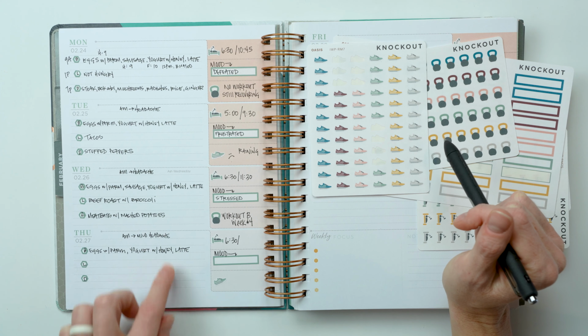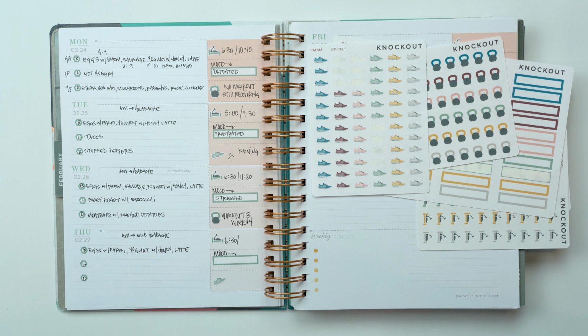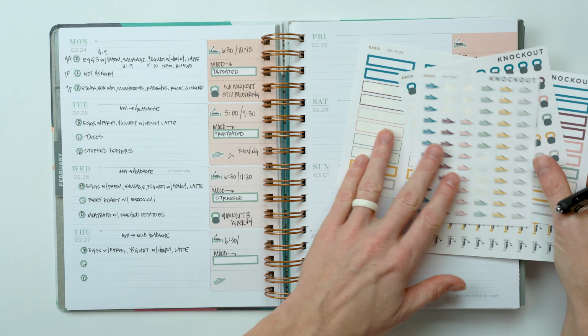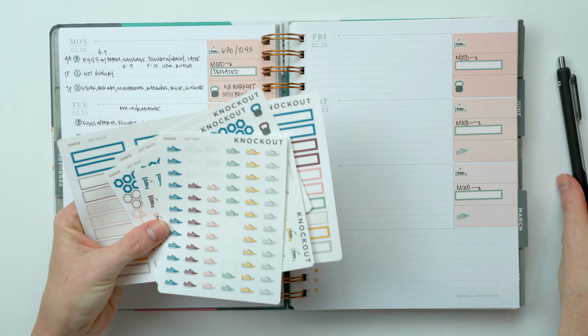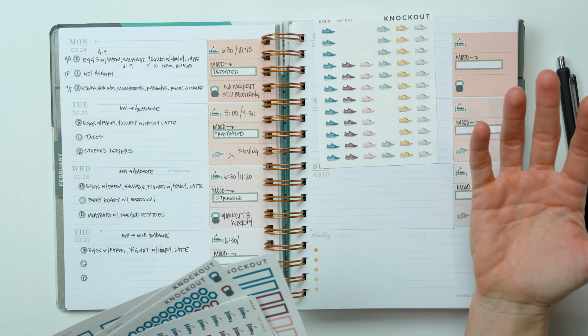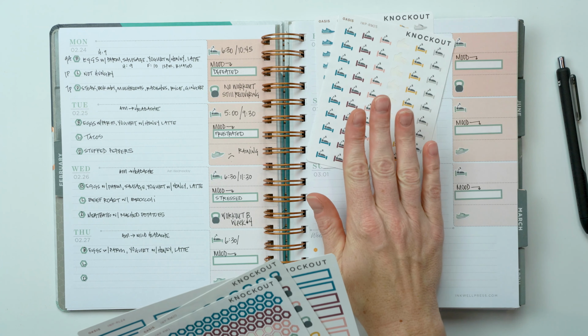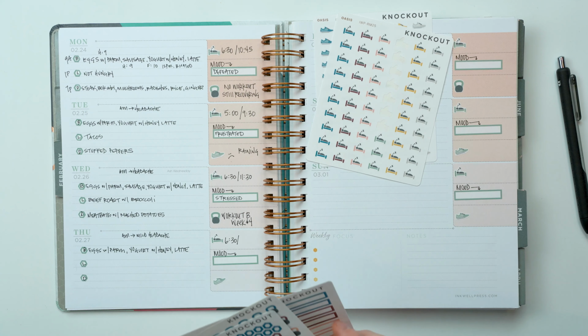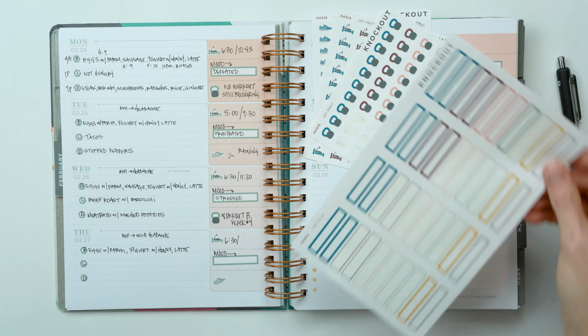I mean, you could put the shoe here and write down your steps right there, and then open up another box to do something else with. So those are the main stickers, I think, and the components, whether you use stickers or not, that you're going to want to track. Your daily movement, indicated by a shoe icon or the word steps somewhere in your planner, tracking your sleep, rise, bedtime, and duration, tracking your structured exercise in whatever form that comes in, tracking your mood